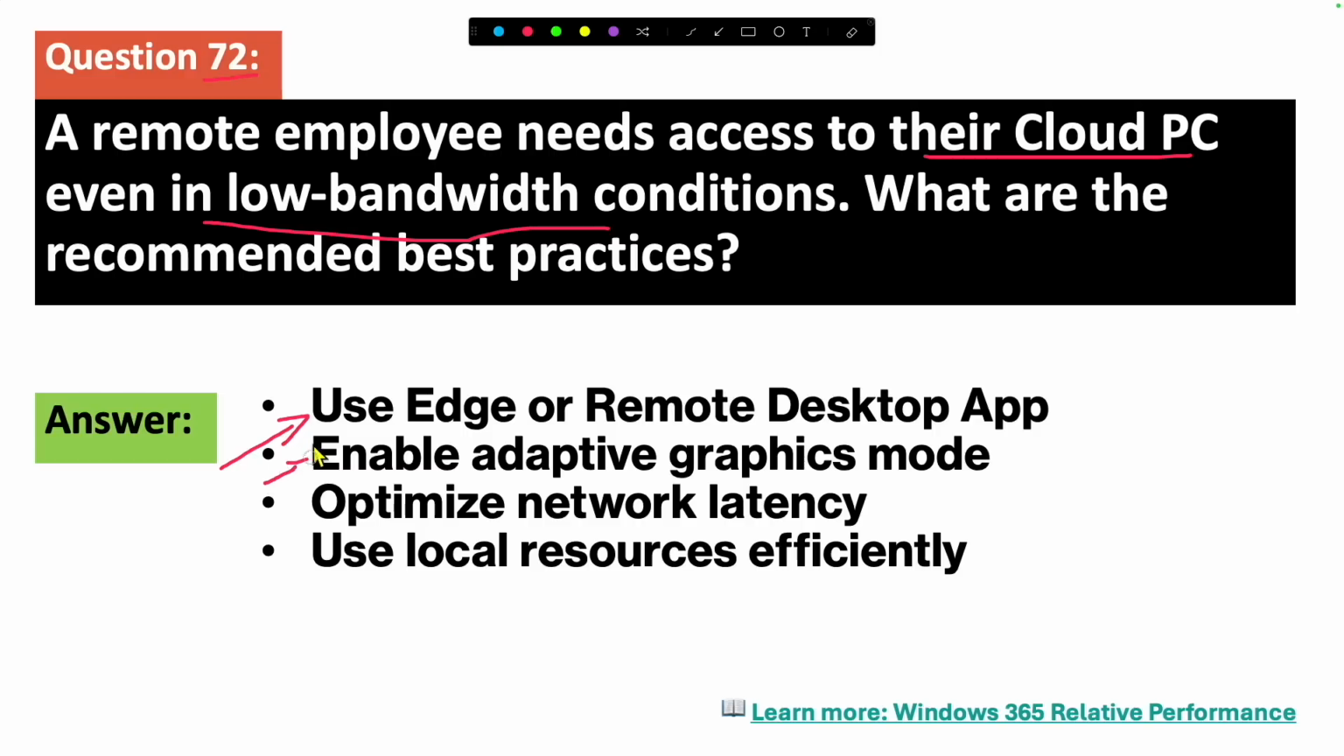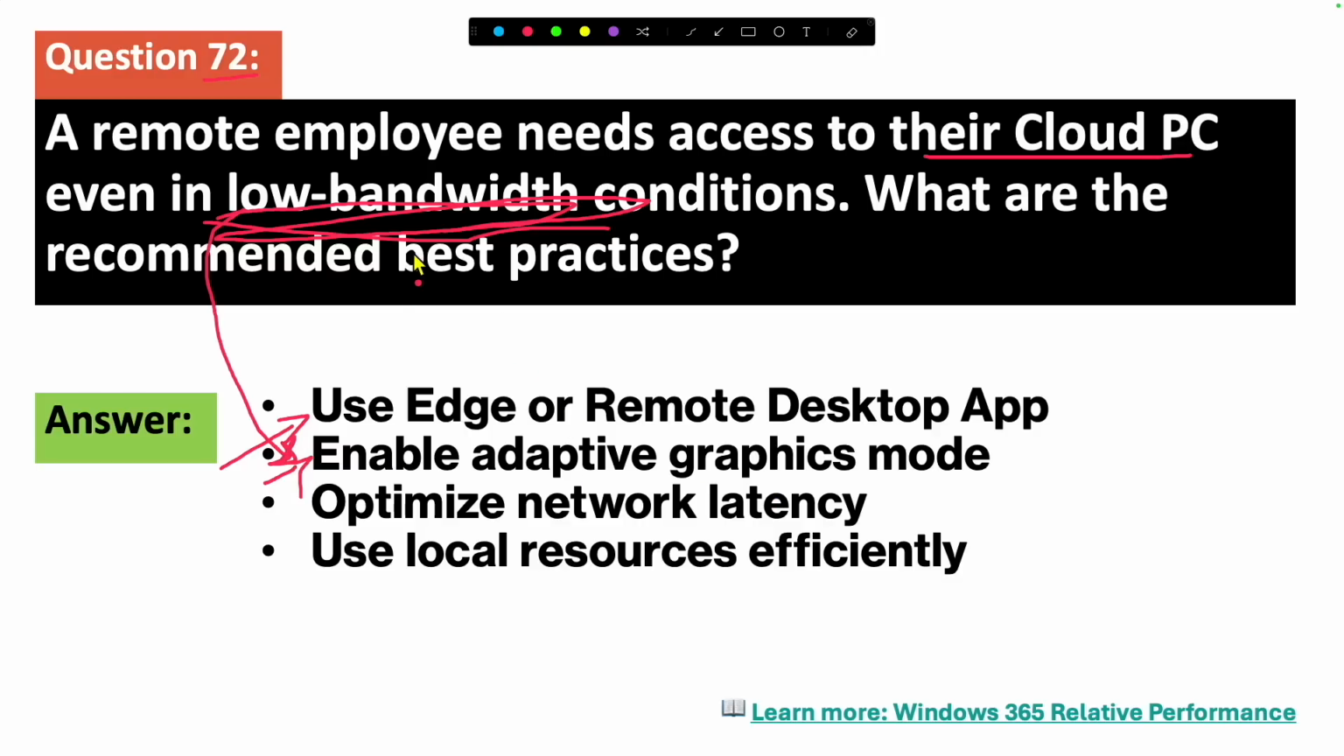Second, you can enable the adaptive graphics mode. This reduces bandwidth usage while maintaining responsiveness. So when you go to this app or the browser, you can turn on this adaptive graphics mode, which will reduce the bandwidth usage while using it. That is exactly the precise answer you can give for this low bandwidth condition. So for point number 2, you can immediately tell them that you can enable the adaptive graphics mode